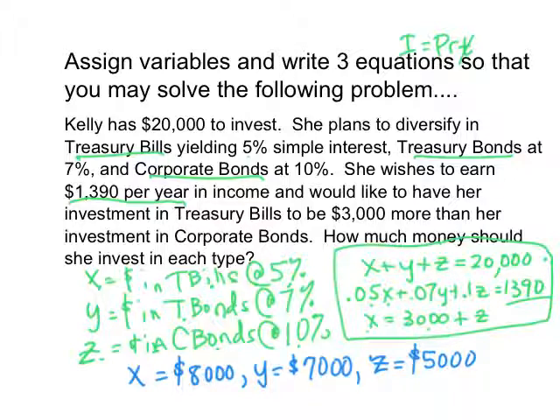Now, if you asked me, I would invest it all in corporate bonds at 10% return and get the most for my money, but maybe there are different limits and different risk-reward situations there, so that's why you have a diversified portfolio. So that question is going to be a lot like some you're going to see in the